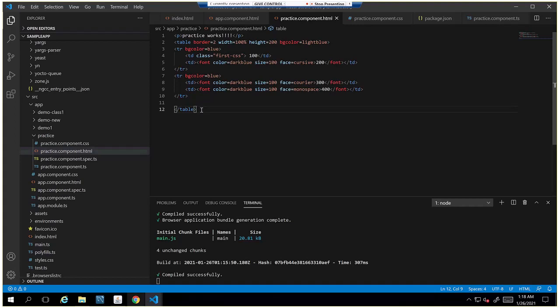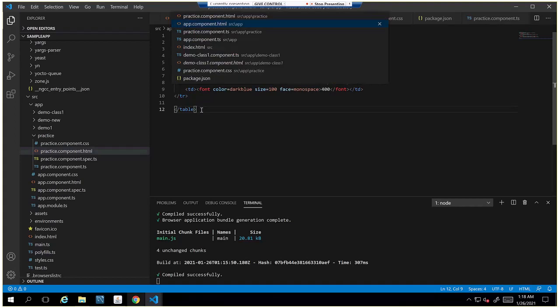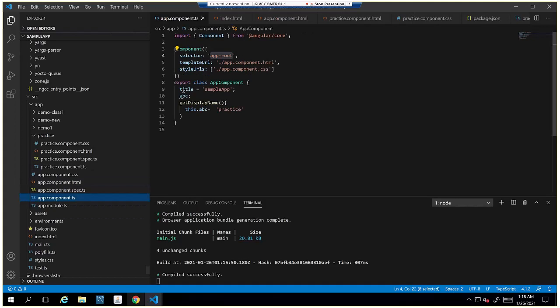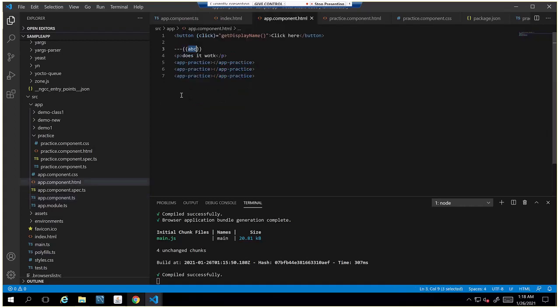And I'll show you one more thing. If you see here, I have written two braces and the variable. If we specify it like this within the two braces, that means this is a variable defined in my business logic, like in my app component.js, and I have initialized it using some text. So I want to replace the value of ABC from my TypeScript file.